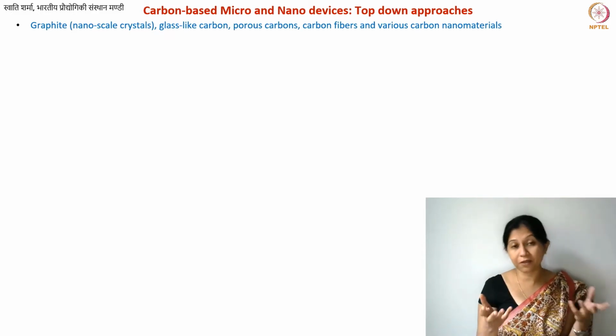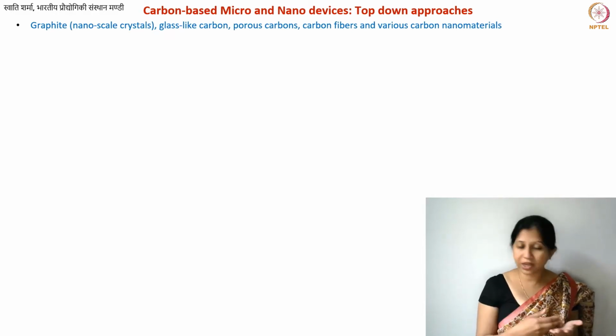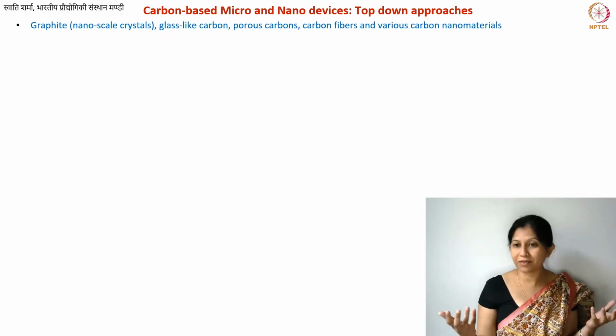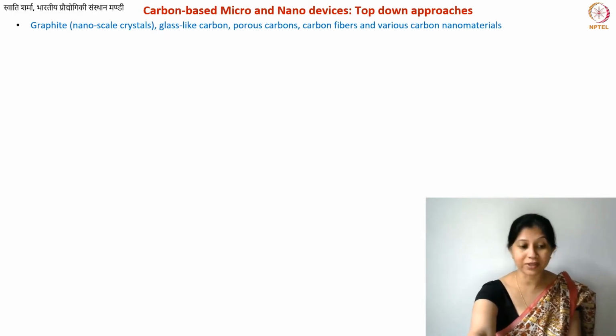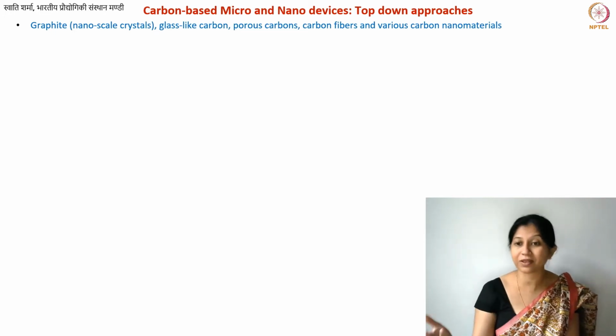I was also saying about activated carbons. If there is a precursor which yields activated carbon instead of glass-like carbon, so it goes through the charring process rather than the coking process, in that case that can also be used, and we can use porous carbons also in the case of small-scale structures. So this is what we are going to discuss. Again, I would say, like in the previous lecture, that I'm not going to give you too many examples because it's also not possible for me to cover all the examples.